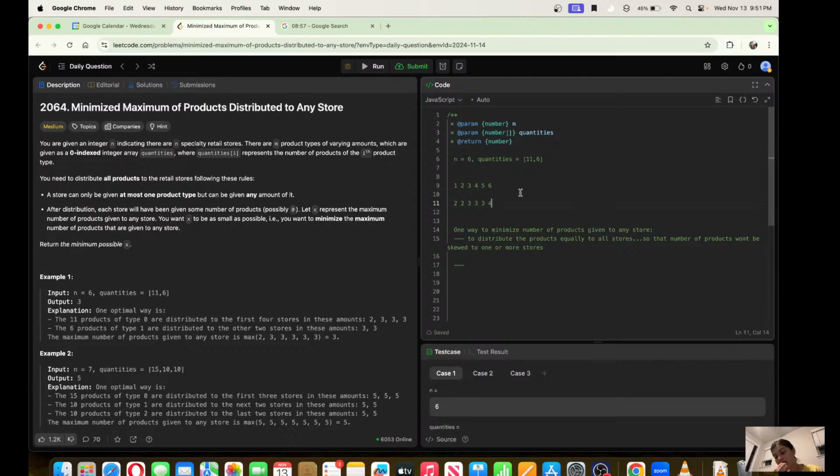If we could give them any kind of product, then we could just sum the numbers and divide. But since we can only give one kind of product to one store, it is not so. So that way, what we should do is,